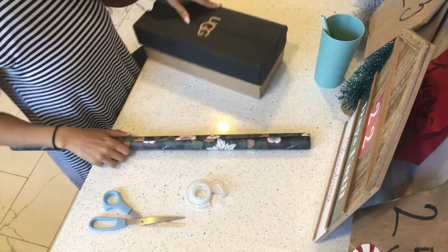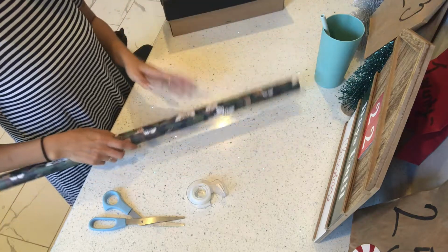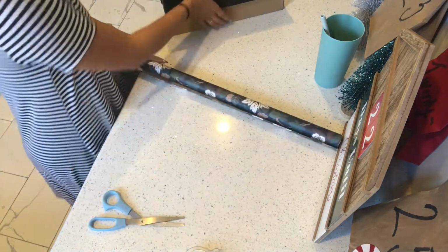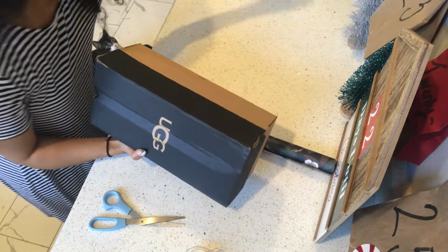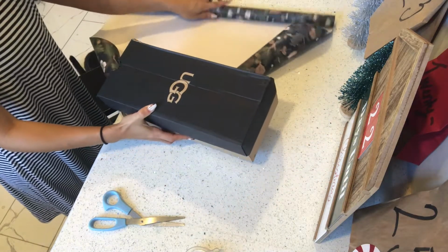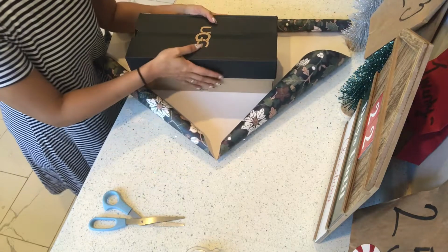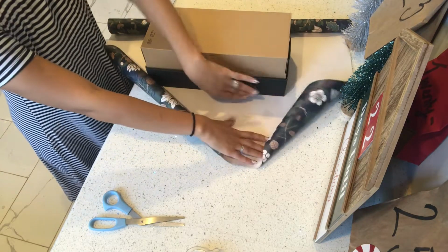So first thing first, we're gonna wrap this shoebox. I have my wrapping paper. When it comes to size and how long and wide to cut, let me get my water out of the way. You want to roll out your paper, put your item within the paper. You need to wrap your item face down,